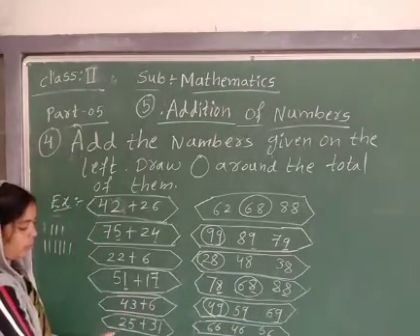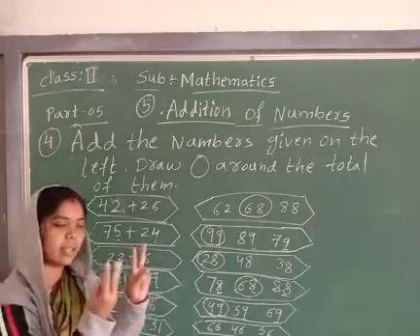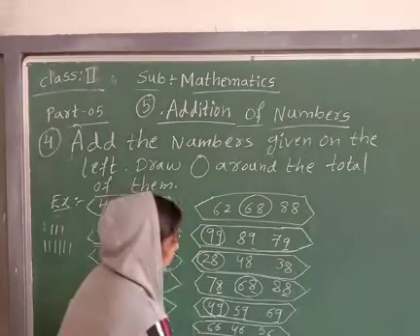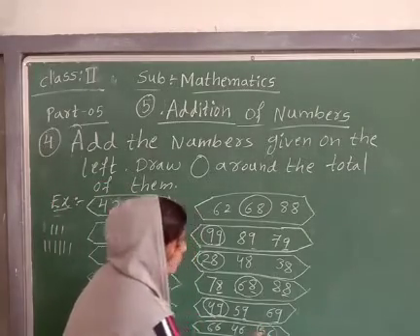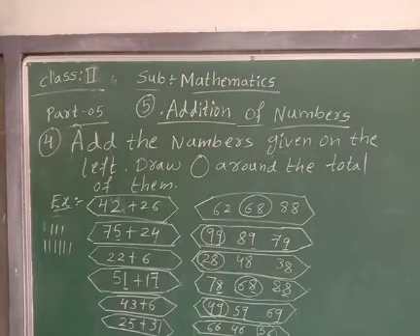Here 2 plus 3. 2 plus 3, how much? 1, 2, 3, 4, 5. 5, 56. So we circle. Write, all of you children. Write in your notebook and textbook, also circle it, children. Write, all of you.